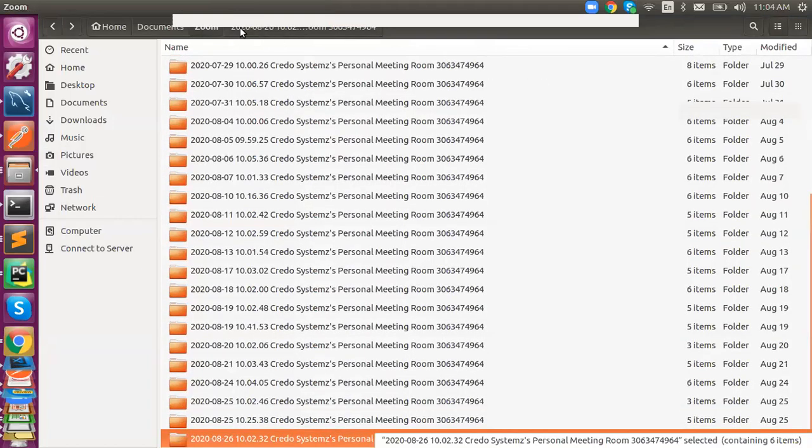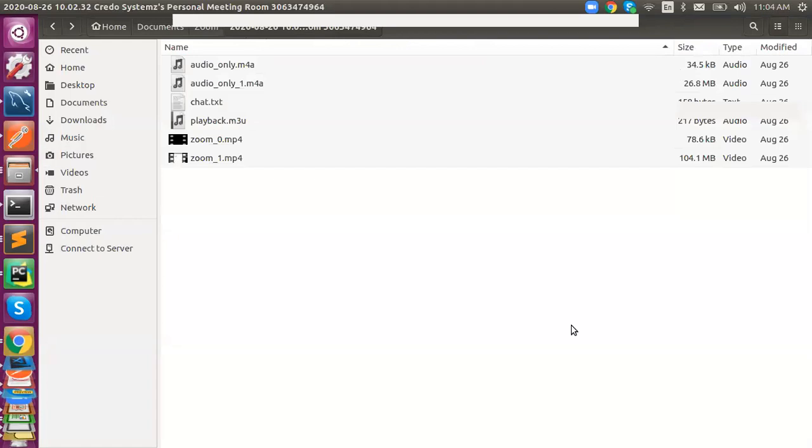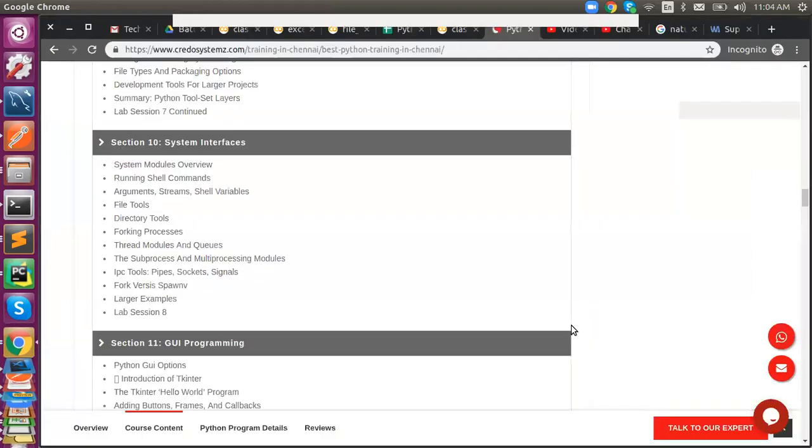What we are actually going to talk about in system interface is how it works and how they implement it. If you give a command, the system will parse it and return some result, right? That is, we are actually interacting with the machine, I mean the operating system. We are going to achieve it through Python. An interface is nothing but a UI component which shows your designated outputs and results, so it depends upon your command.